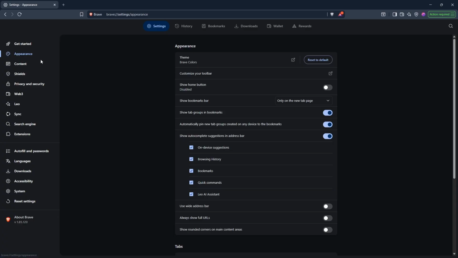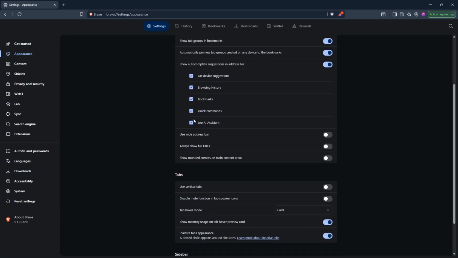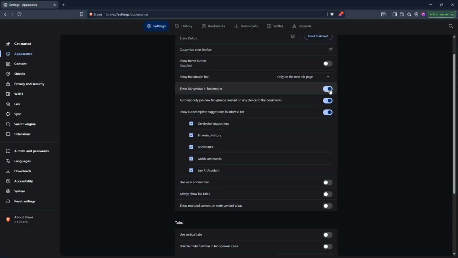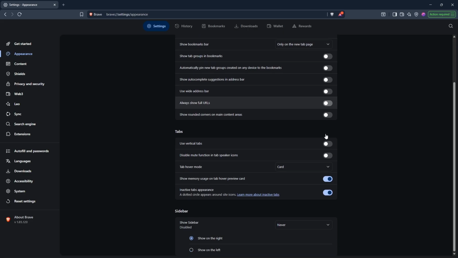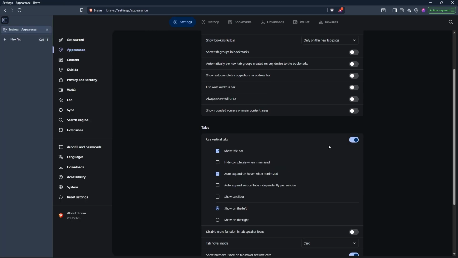Now from here guys, you could just simply go ahead and turn off these three. So you won't need this one. Now, once you have turned it off, you could just simply go ahead and go for the tabs. And the best thing that you can do is turning on use vertical tabs, and automatically your browser will look